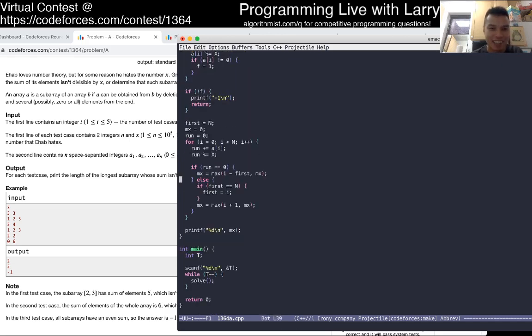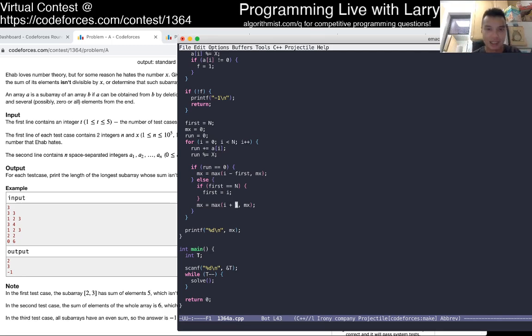And that's basically what I did, even though I implemented it terribly. So I got 2 WAs, 2 wrong answers for this one because I was just silly. But basically, yeah, if the current prefix sum is 0, we take the current index and then we just subtract it from the first index where it is not 0, and then here we keep track of it: if we haven't marked this yet, then we set it to i, and otherwise we just keep track of this from the first element to here.